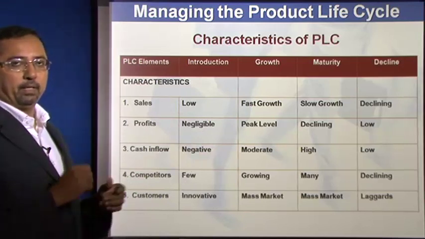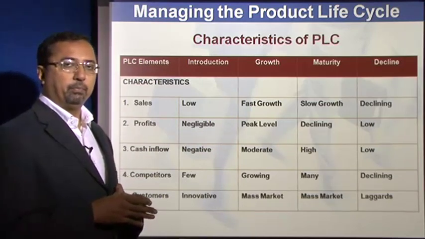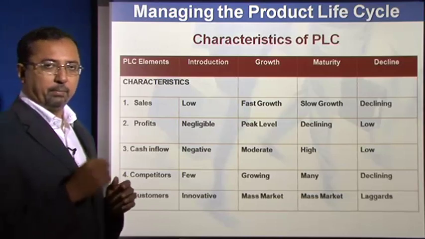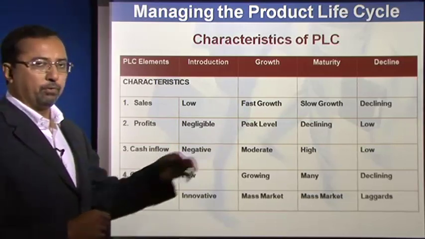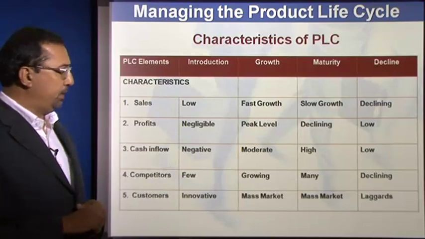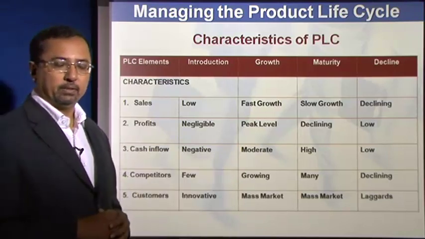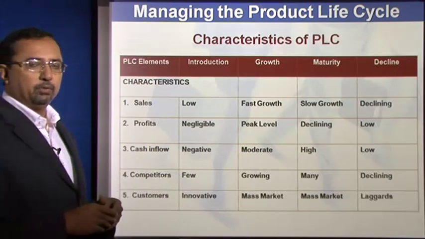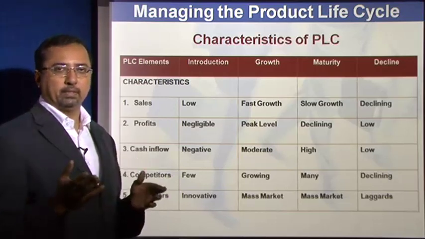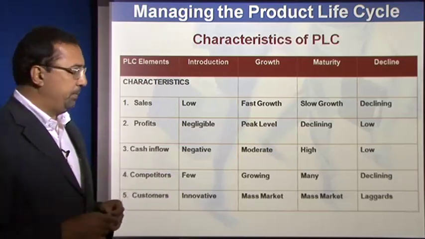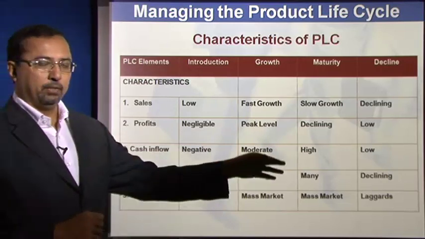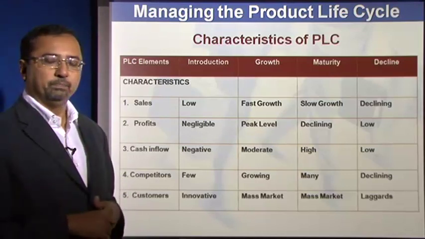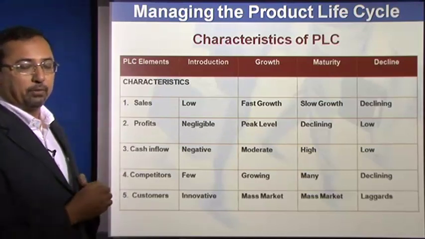and you might find profits starting to decline. Maybe, like if you take the cell phone case, is average revenue per user showing a decline, is the number of users joining the fray coming down, and so on and so forth. Cash inflow, of course, may be much better in this particular case, and there will be many competitors, much more than what you initially thought. Like if you take soaps or detergents, you will find dime a dozen competitors. Same way with biscuits and cookies, you will find so many competitors all over the place, and there is a huge mass market. In a decline stage, you will find everything going down, and maybe even the laggards finally might come and start using them.